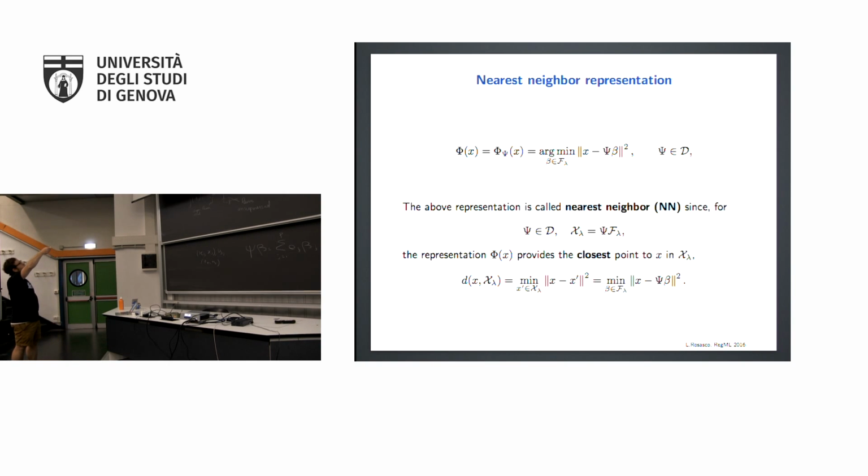This thing here, forget about what I wrote up there. If you just look at this thing, let's skip for a second the reason why this is called nearest neighbor. If you look at this, it looks a lot like just standard regularization. Okay, where you say, minimize the squared error on a linear model subject to a constraint or adding a penalty. Here I'm not adding the penalty, I'm putting a constraint. But this looks like the usual thing, right? It's like, if you think of this as a signal, then I want to find, given the dictionary,